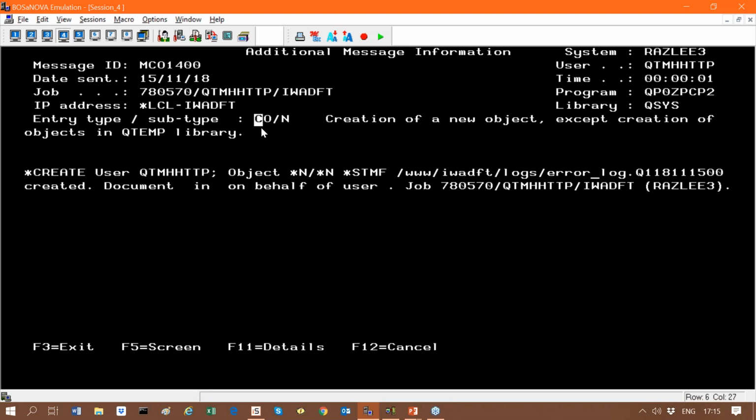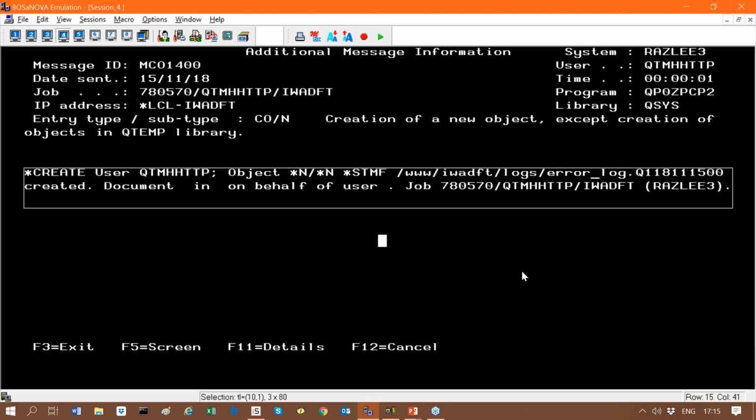I will show you in a few minutes the dictionary of these entry types. It will be easy to find any entry type that you want to analyze and maybe get an alert from. On this screen, you can see everything that was happening on the system Raz-Lee 3 with a specific username and timestamp, the program responsible for this event, the entry type and the explanation of the entry type, and also the full